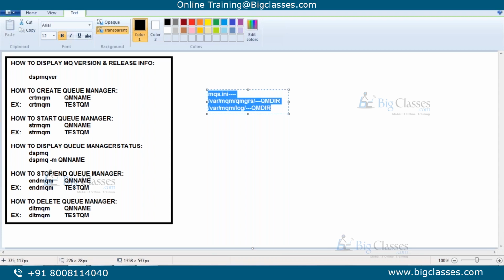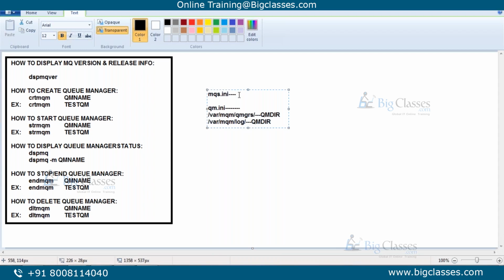Because when I was trying to recreate with the old name, it was giving me an error saying that it already exists. At that time, you have to go to mqs.ini. Now each queue manager has one qm.ini file. So what is mqs.ini? This is the system-wide configuration file for WebSphere MQ.